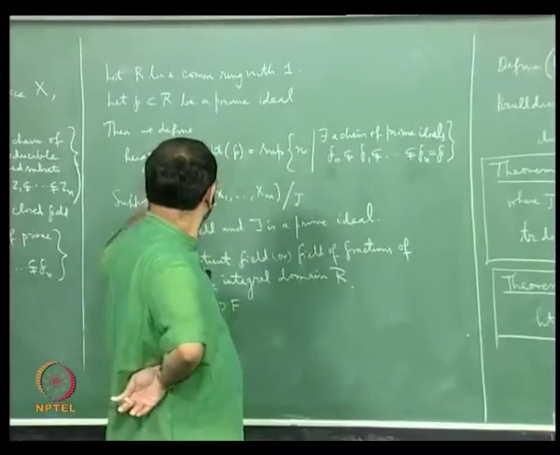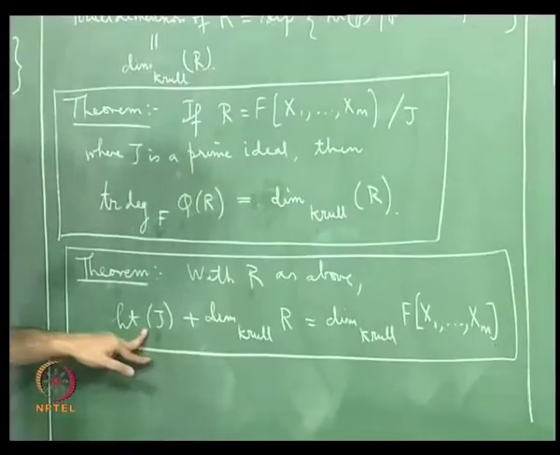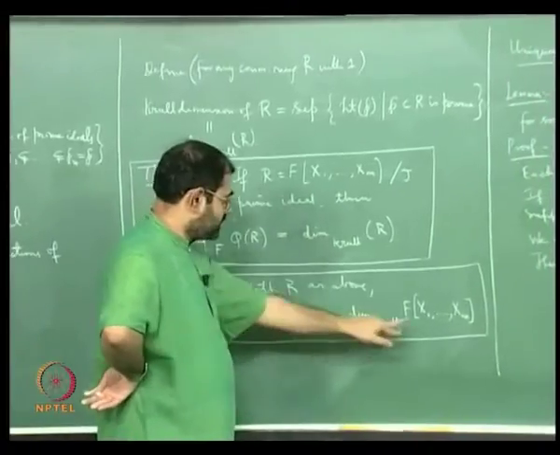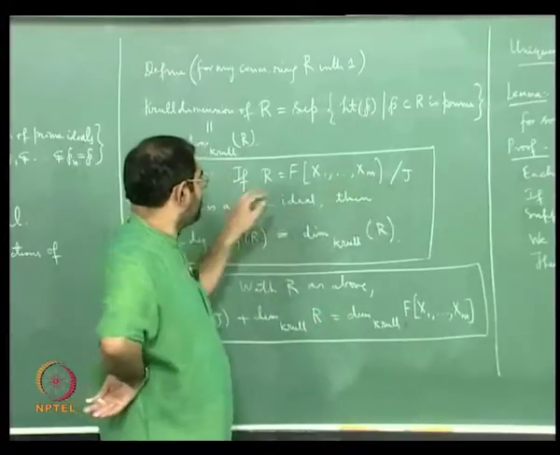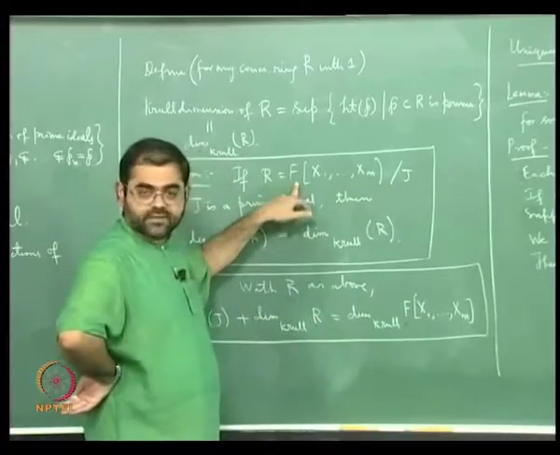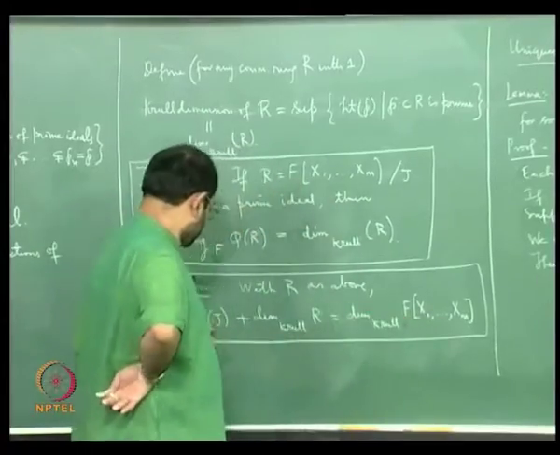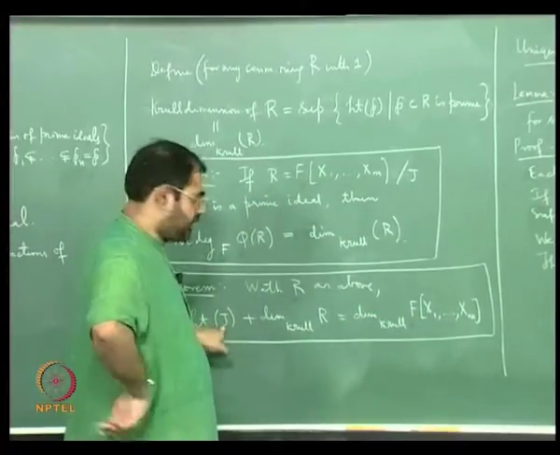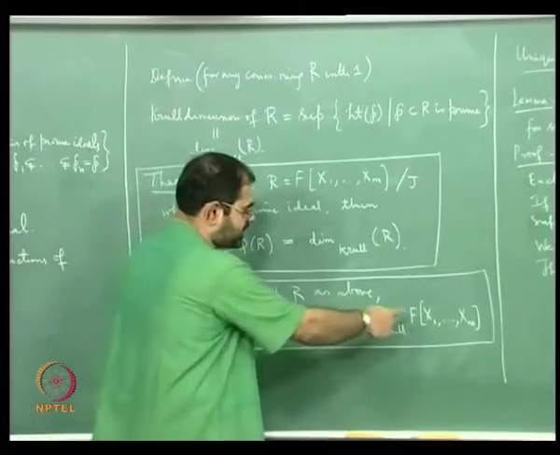So the height of the 0 prime is just 0, plus the Krull dimension of R will just give me again the Krull dimension of R, because R in this case, if I put J equal to 0, is actually F[x1, etc. up to xm], and the Krull dimension, so of course if I put J equal to 0 I do not get anything new, but the point is